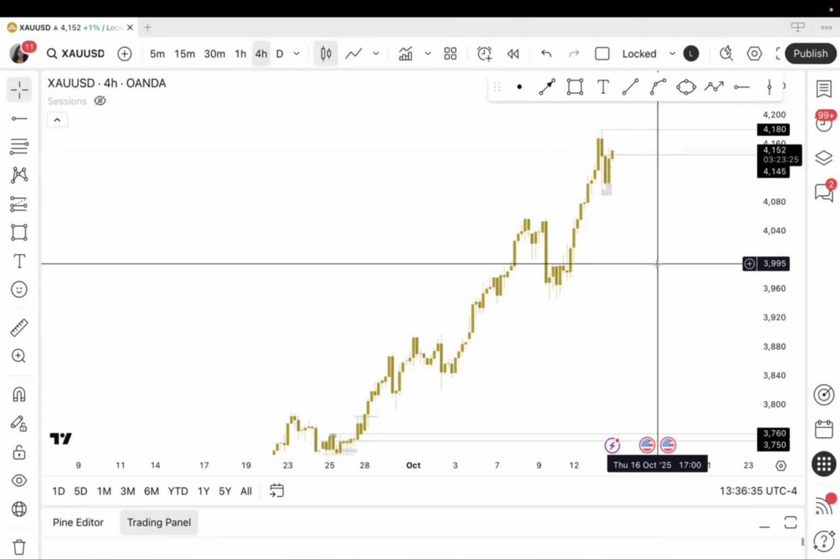But all in all, I would rather stay away from trading something at an all-time high because of the amount of liquidity that was put into the market at a fast rate. It looks great. Once again, it looks great to trade, but for me and my setups, I don't think it would be best for me to put myself in a position where